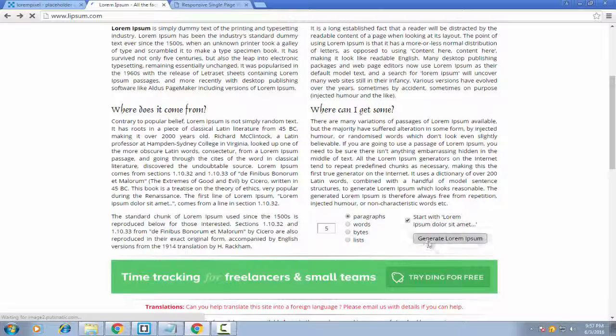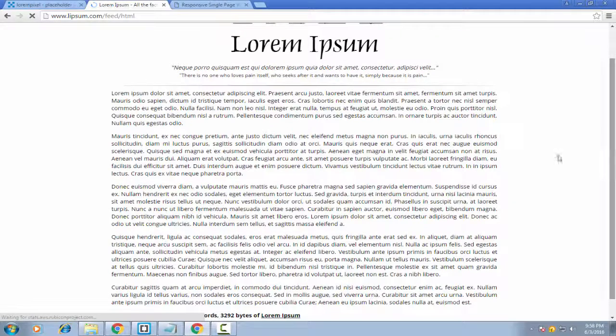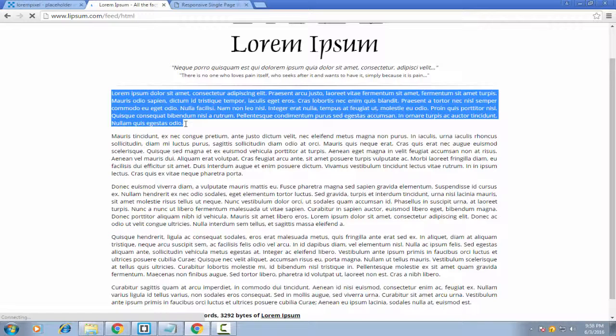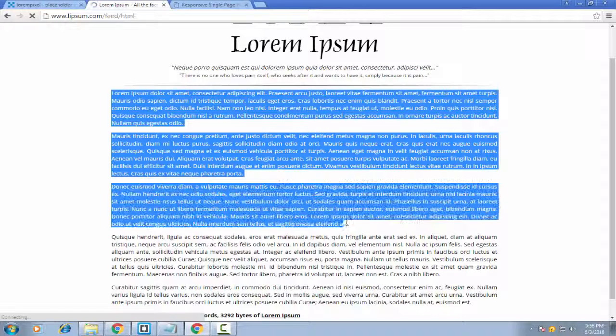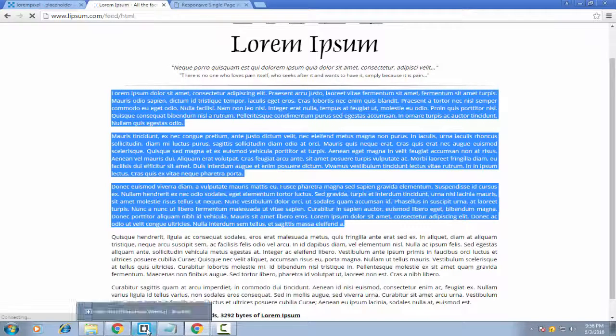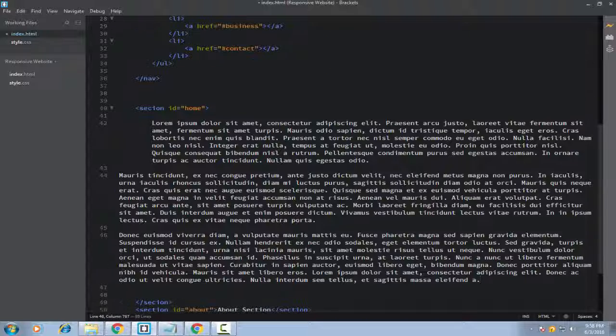So what you can do is click on generate Lorem Ipsum and it will generate some paragraphs. Then copy the amount of paragraphs which you need to add to the web page. Right click and copy it, then go back to Brackets and add it to different sections of the web page by pressing Ctrl V. Now as you can see, it adds